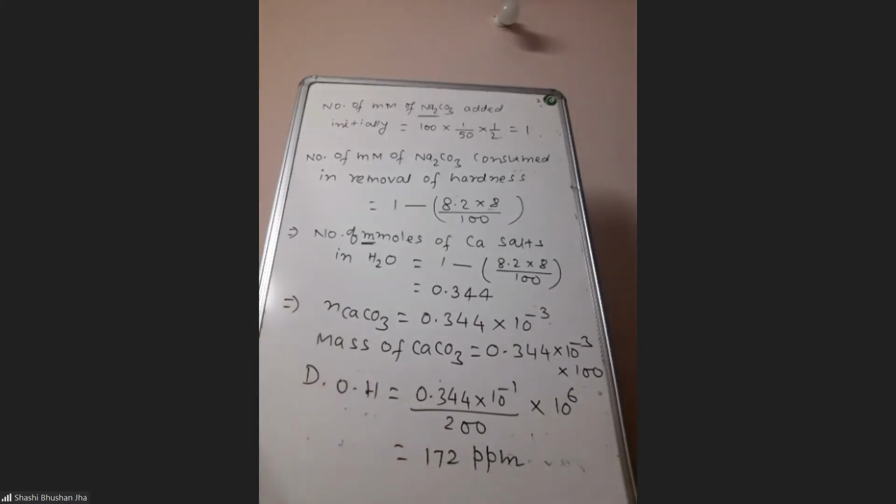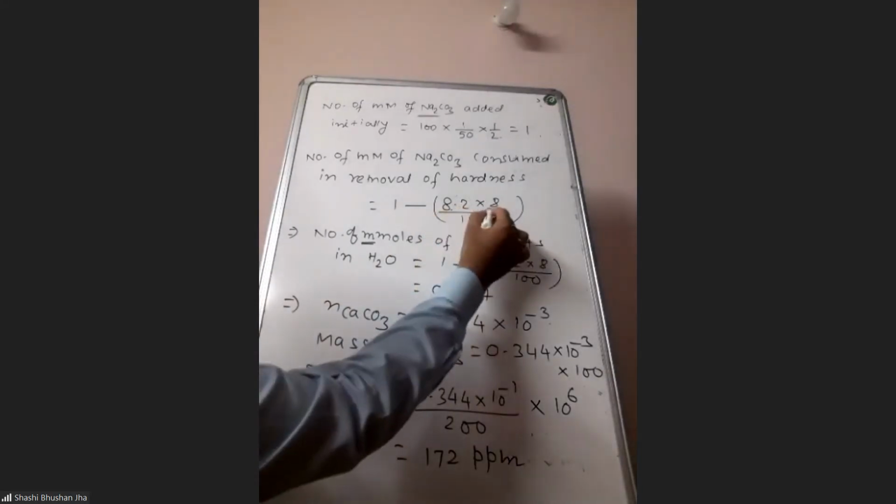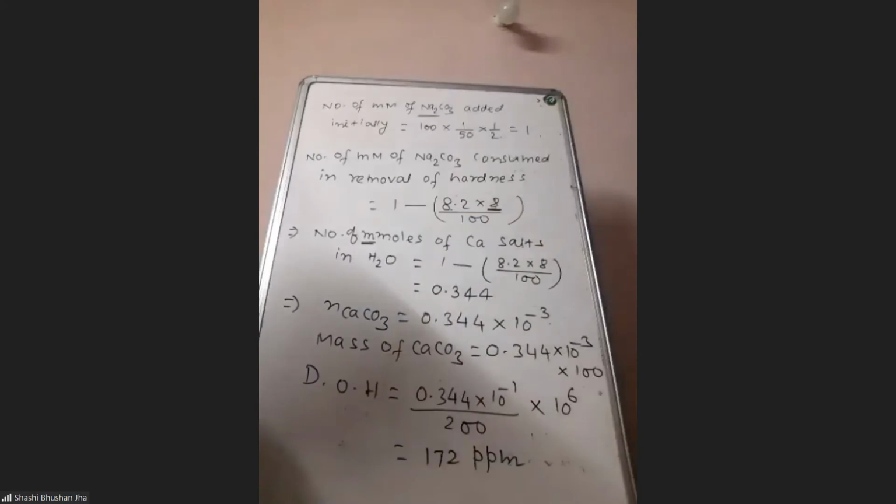So the answer will be this, 172 ppm. Sir, when they gave that 25 ml solution reacting with some amount of HCl, and you have to convert it to the initial solution, you multiplied it by 8, no sir? Yeah, we have multiplied. You see in one of the steps, how we got this 8.8 into 8. From where did this 8 come? Sir, instead of 200 ml, we should take 300 ml of solution, which became 25 ml.